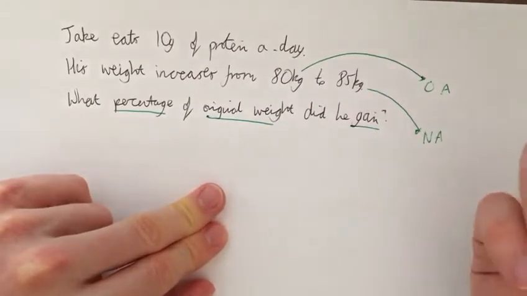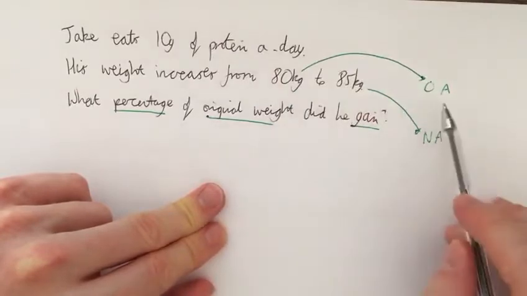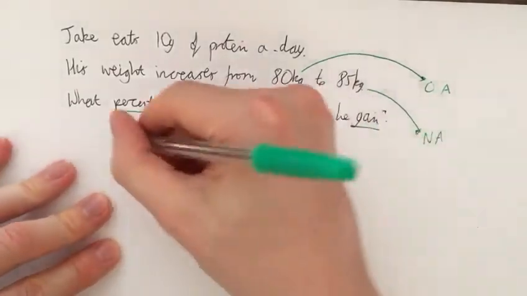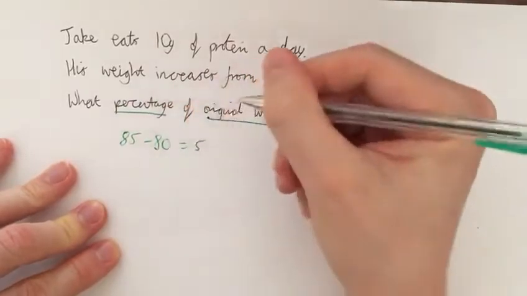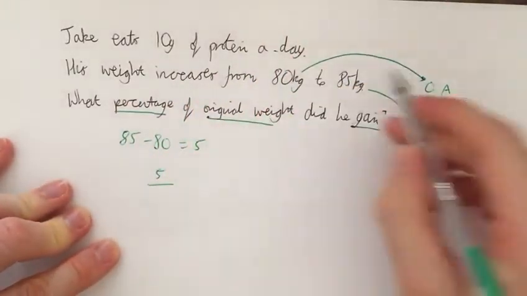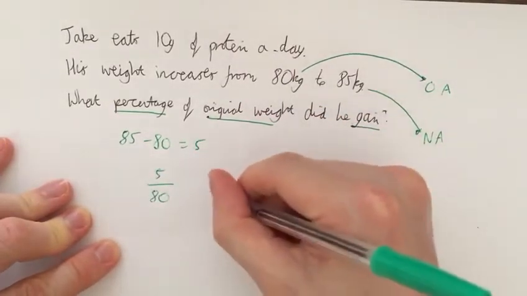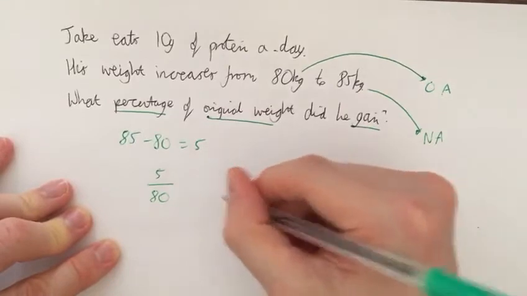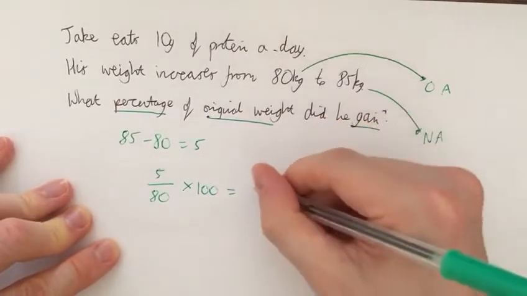So to work out from here, I just used what I used in the fluency tasks. I say, well, firstly, let's find the difference. So 85 minus 80 equals 5. And then the difference, so 5 over the original amount, which we worked out to be 80. If it was a non-calculator paper, I'd make it out of 100. But it's not, so I can do times 100. 5 over 80 times 100 is